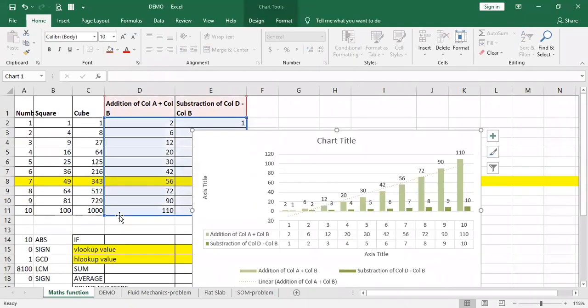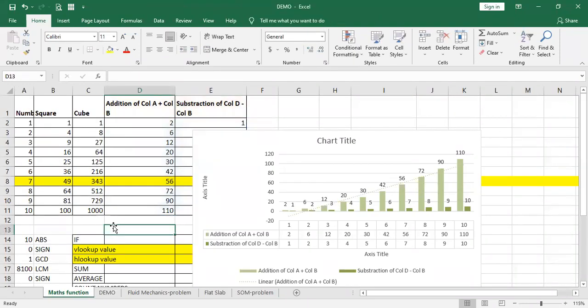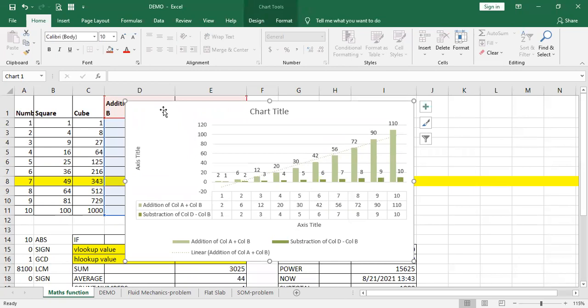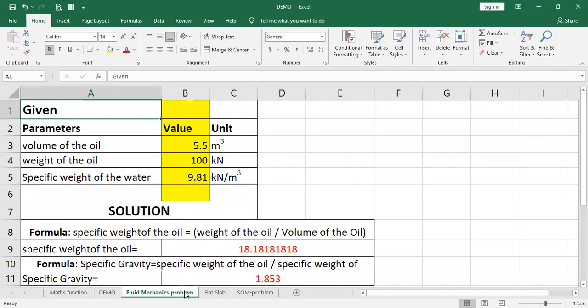This math problem, as we have seen in earlier lectures, and how to even generate a chart. Chart generation is very popular and very common. You should know this thing. And this is the simple formula, and how to use it with the help of this simple formula. It looks like a very simple one, but you have to practice it.